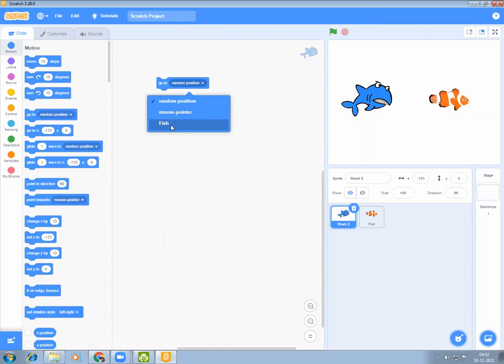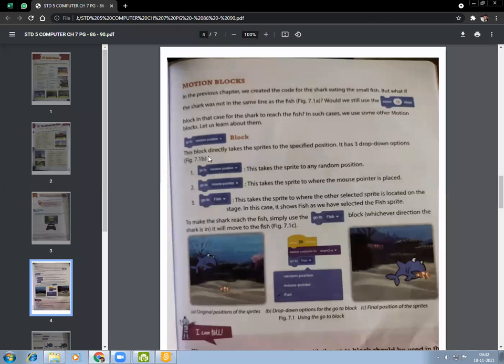As it is given here on page number 87, the go to random position block takes the sprite to any random position. Go to mouse pointer takes the sprite to where the mouse pointer is placed.